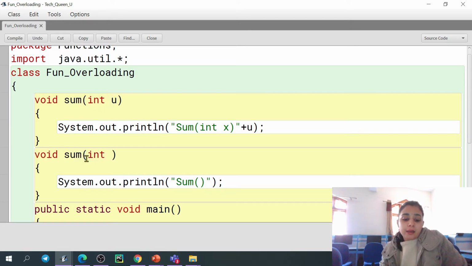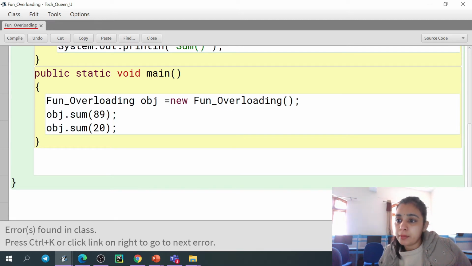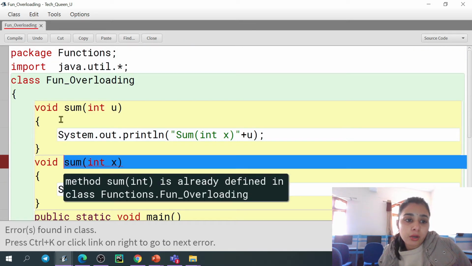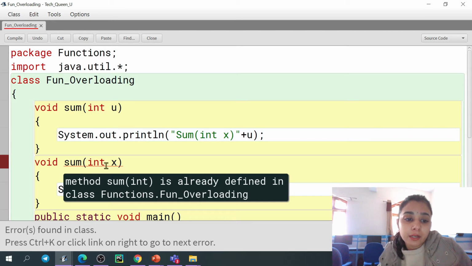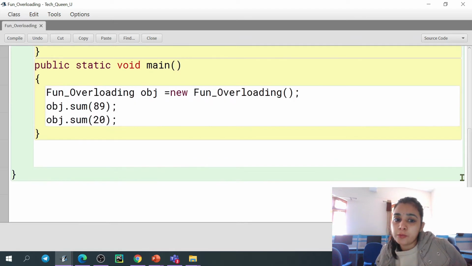But if I am giving integer x, and here also I'm sending 89 or anything, and I compile that, I am getting an error. Why? Because the name is same, that's fine, but you have to make a difference in the argument. Either the type can be different, so you are giving character x, so here also we have to give the character value only.